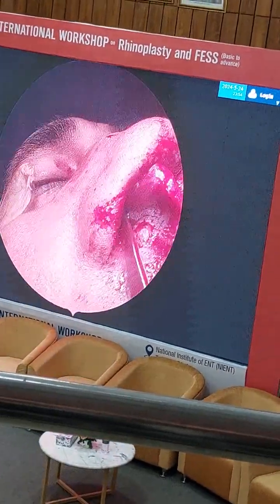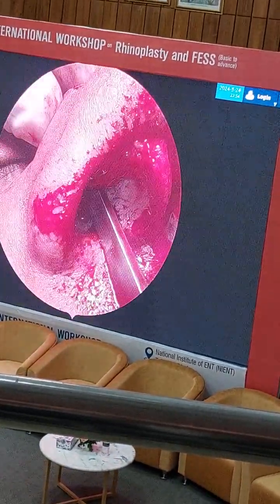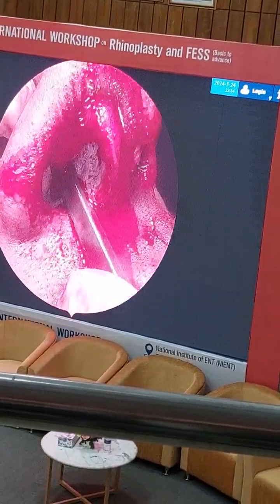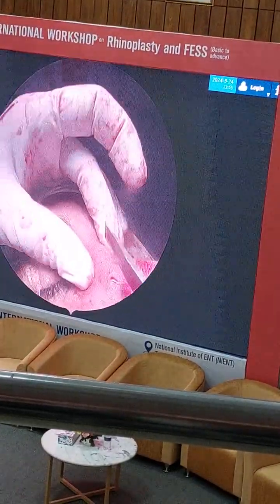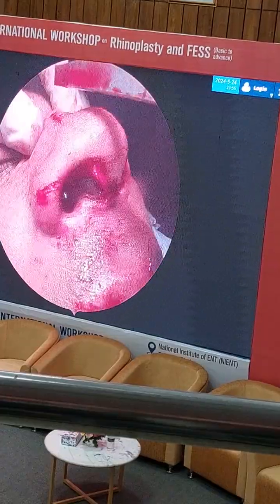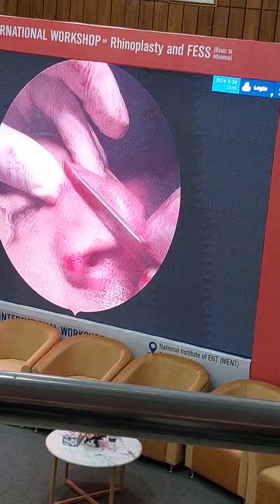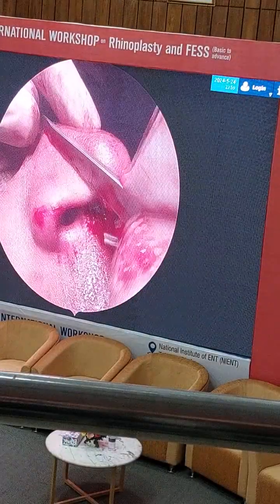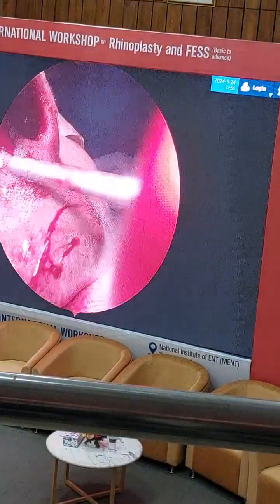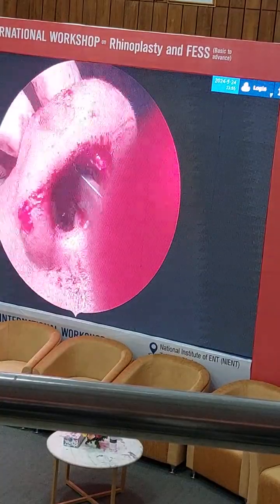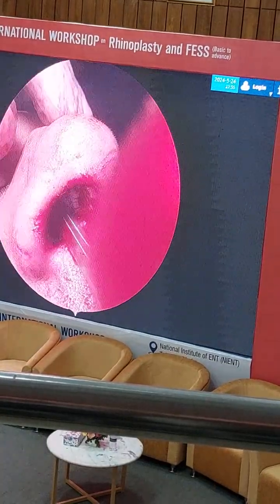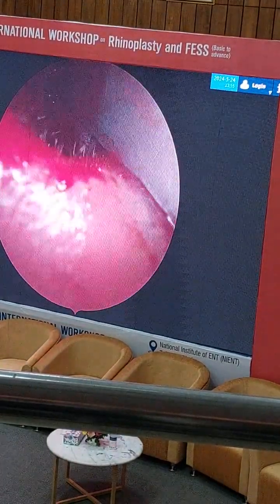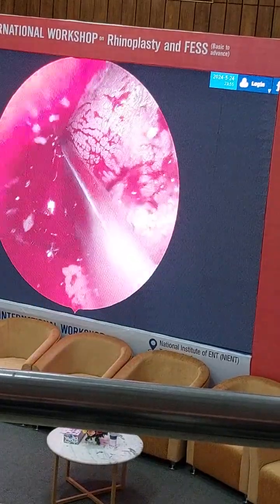When you want to narrow your dorsum, you can put it directly between the nasal bone and the septum. But in a crooked nose, sometimes the septum is ossified and you have more chance of keystone area damage. So this is a good, clean method. You just go transvestibular, slowly, with the osteotome.